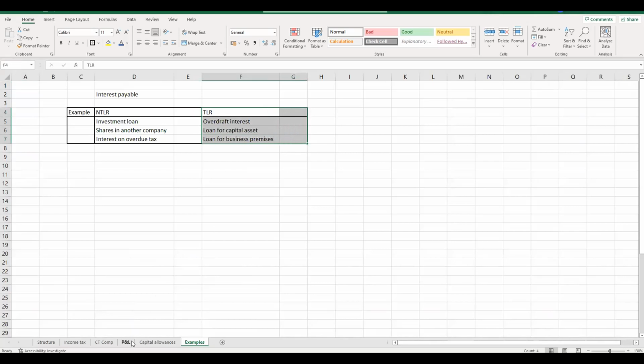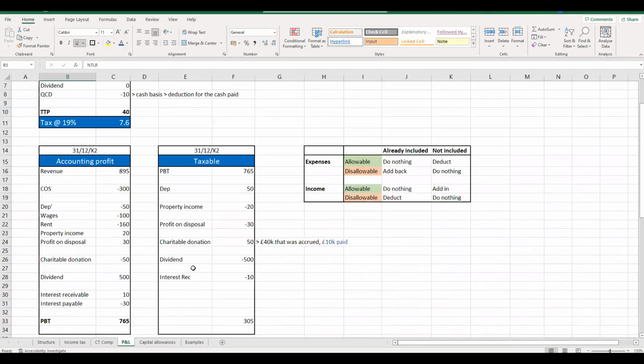If it's linked to our trade and relevant for our trade, that interest cost is linked to a trading loan relationship, i.e., the interest we've suffered is in relation to our trade, so it's going to be a cost that's allowed to be offset against our trading income. So if this interest payable was all in relation to a loan to buy plant and machinery that we use for our business, we wouldn't have any adjustment because it's been reduced against our accounting profit, and we're saying it's a trading loan relationship, so we wouldn't need to do anything.